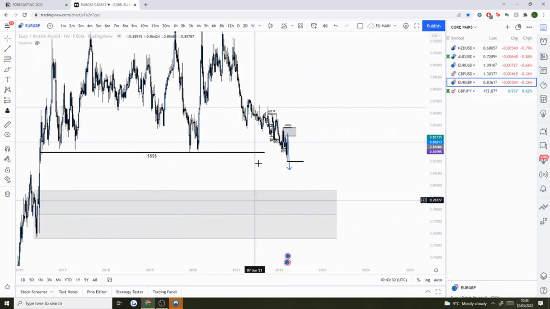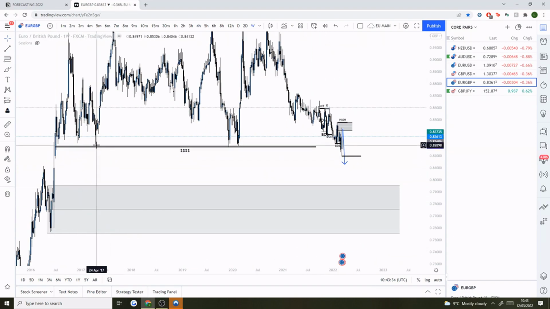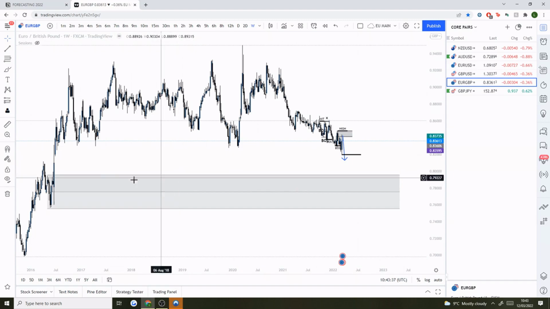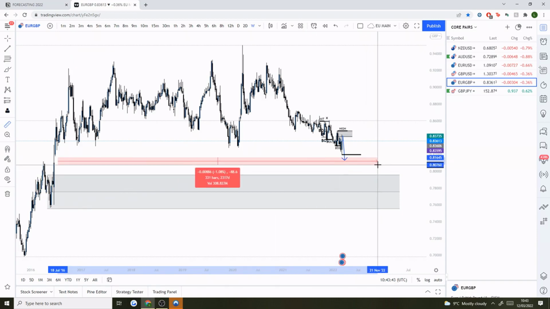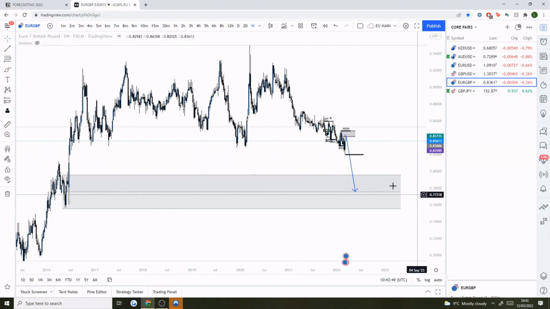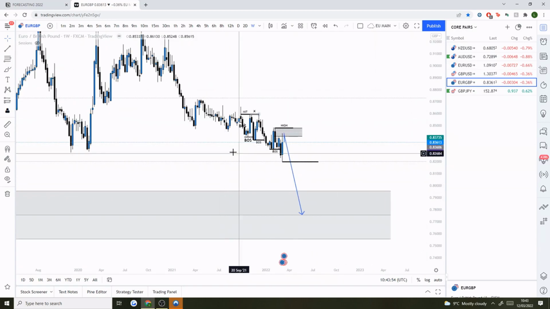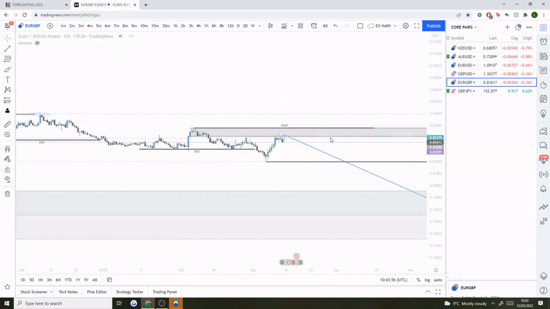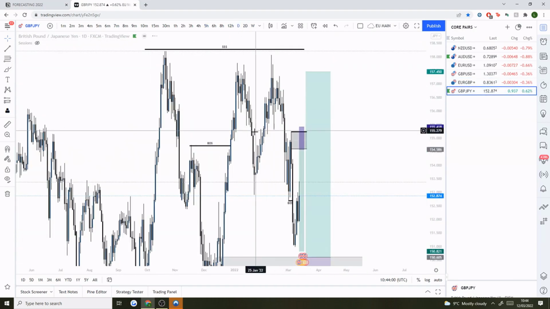Also, just on the higher time frame, like I spoke about the last few weeks, we have got this order block down here. So that bullish order block has clear imbalance above it as well, and that's on the weekly time frame. So there's a clear reason for price to continue coming down until we get into this area, and then we can expect some more demand in the market. So for me, 100% I'm on bearish bias for euro pound this week, but let's see what happens when the week kicks off.